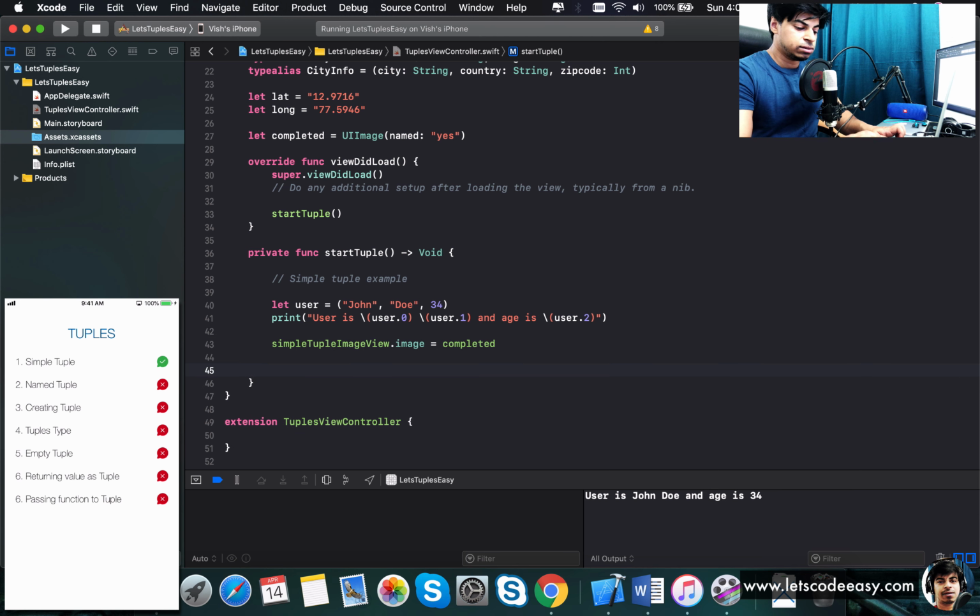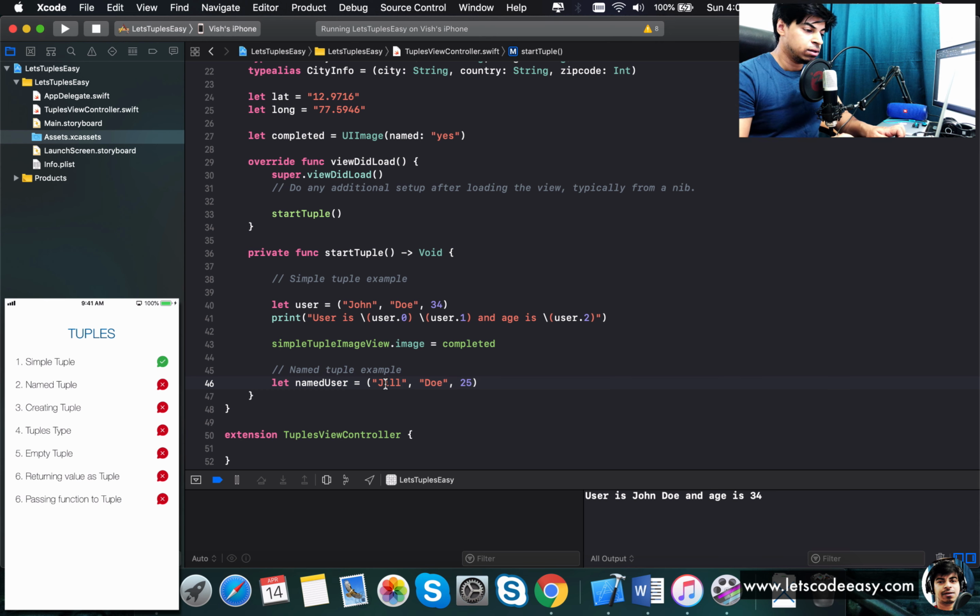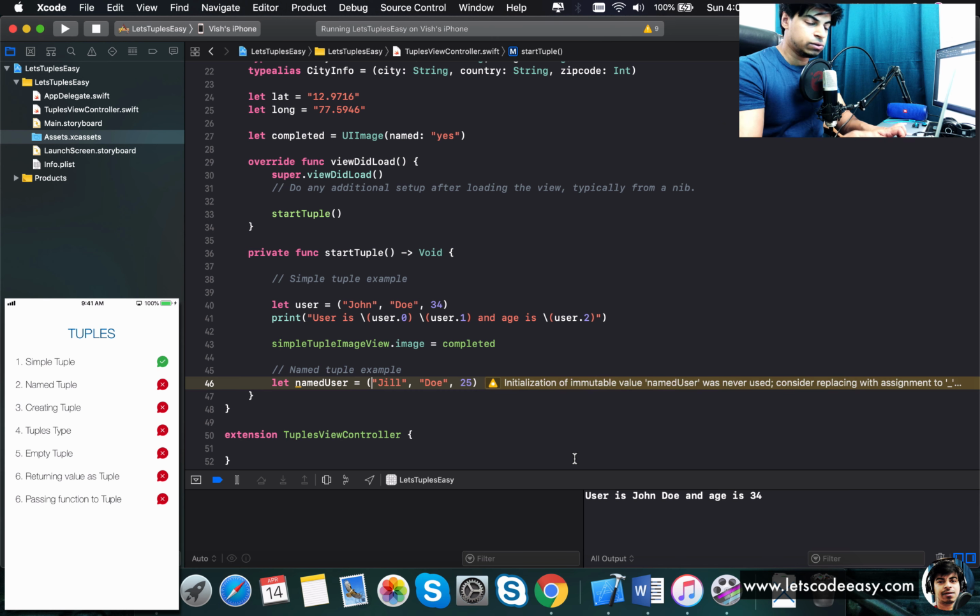Let's get on with the next one, which is a named tuple example, where I'll define the same thing. Maybe let me call it named user. Let that be a simple similar thing. Maybe I'll call this Jill Doe, who's 25 years old. Now let me give some names to these values so that it's easier to use. Let's call it first name, last name,